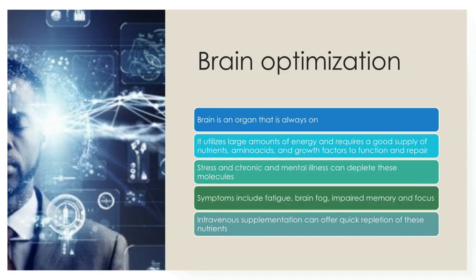So again, intravenous, you can do oral supplementation. There are certainly many other ways to help with brain function. In our clinic, we focus a lot on meditation and breath work. We focus a lot on good sleep patterns and elimination of blue light exposure before sleep. But IV nutrition is kind of like the golden key, right? It gets in there and really does the job very quickly to reset the brain,